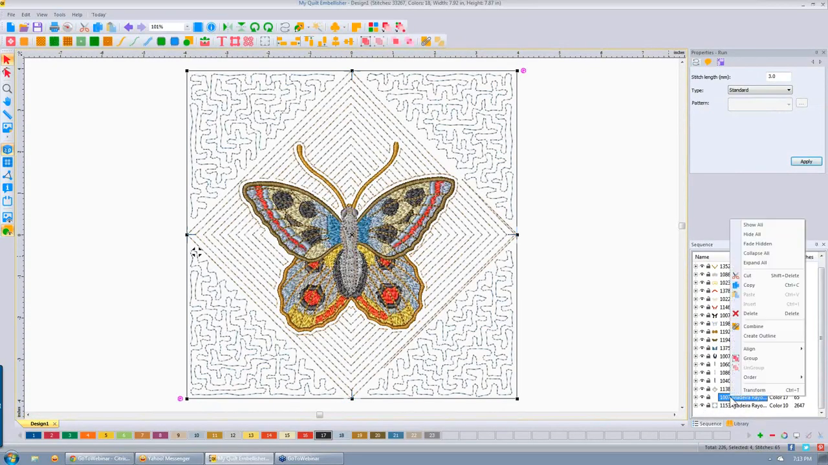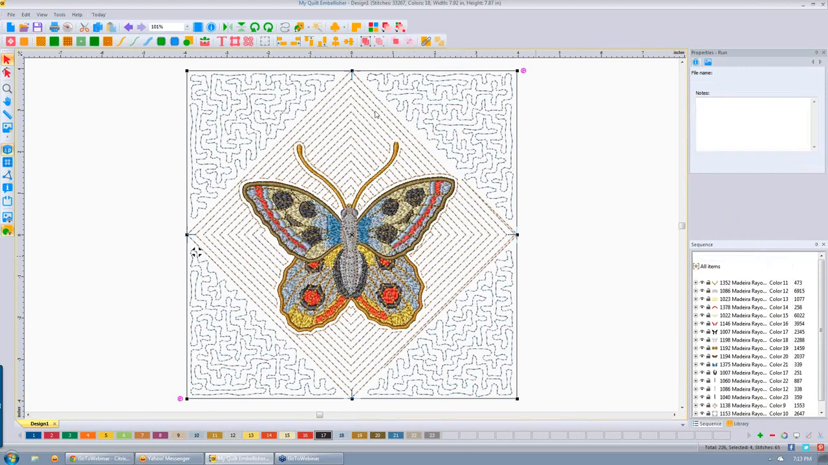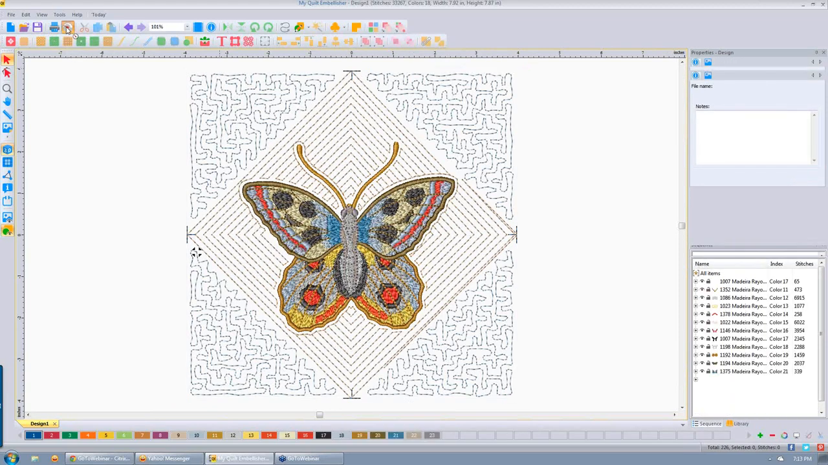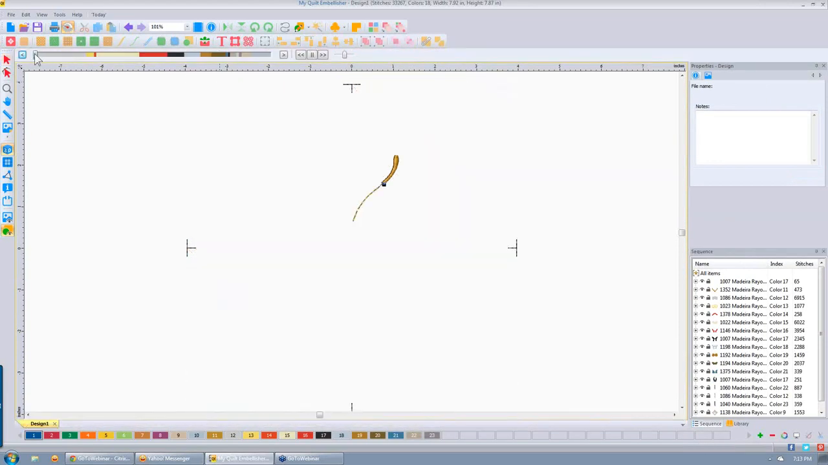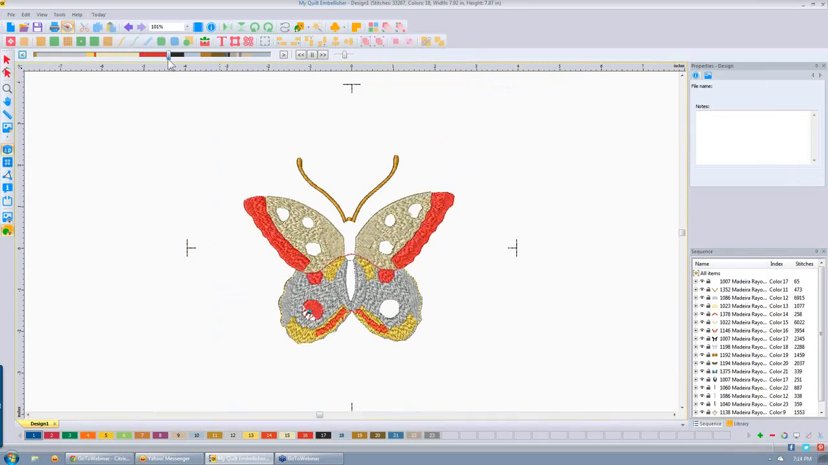Select them and send them to the back, which means they're going to stitch first. Now, let's do a slow redraw. And when I do that, there's my placement marks, so I know exactly how to put my block down on my hoop. And then I'm stitching my butterfly because it's in the center of the block,